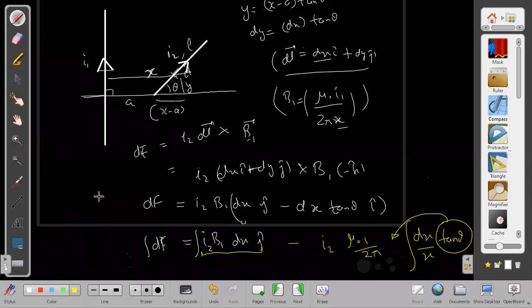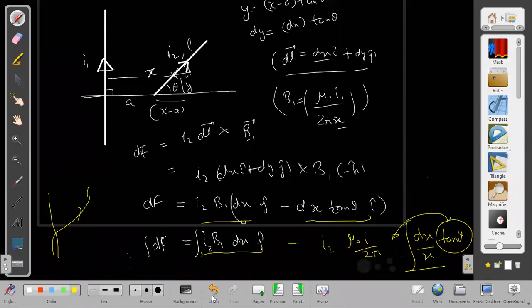Overall it depends on the slope, and the slope is different. If it is different in different places, then definitely we should know the entire function of the curve, the entire curve equation. Otherwise we will not be able to integrate this. If somebody has given me how the slope varies with the distance x, how tan theta varies with x, then I can integrate it. Otherwise I will not be able to integrate. So the second term depends on the shape, but the first term is independent of the shape. The first term depends only on the radial distance, just the radial distance only.